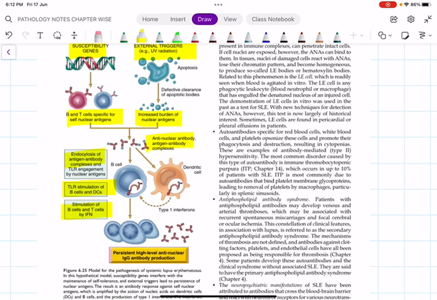autoantibodies against nuclear antigens will be produced. That is not that much of a problem. This antigen will interact with the antibodies to form immune complexes. And remember, these immune complexes will aggravate and further activate the B cells and dendritic cells. Hence there will be very high production of antibodies against this nuclear antigen. That is the major reason for the multi-system manifestations. It won't